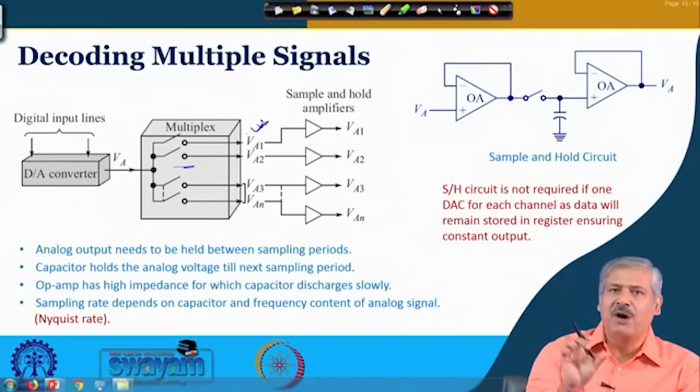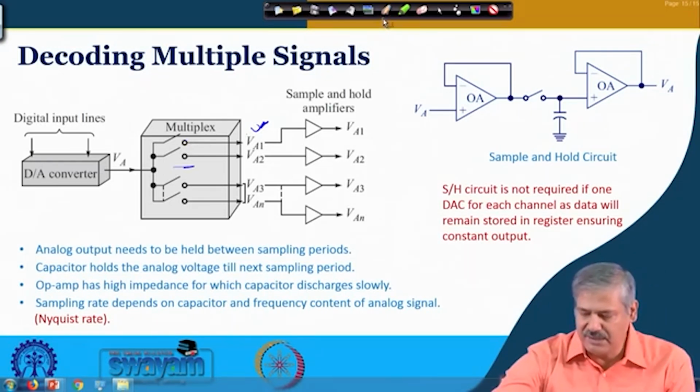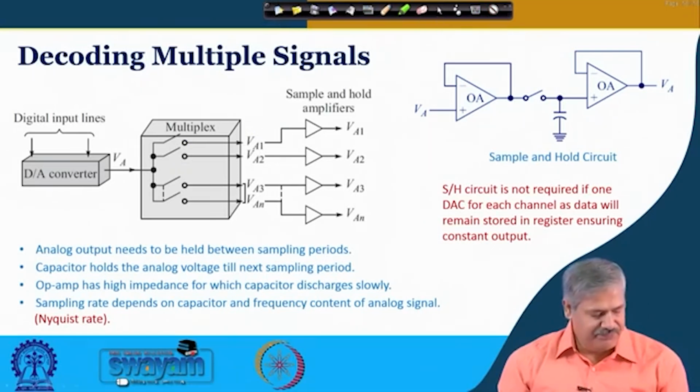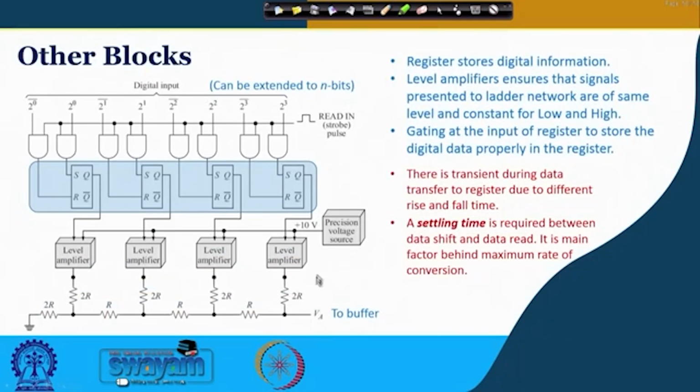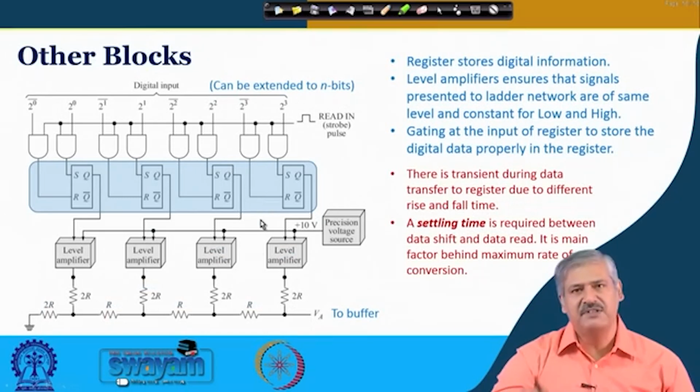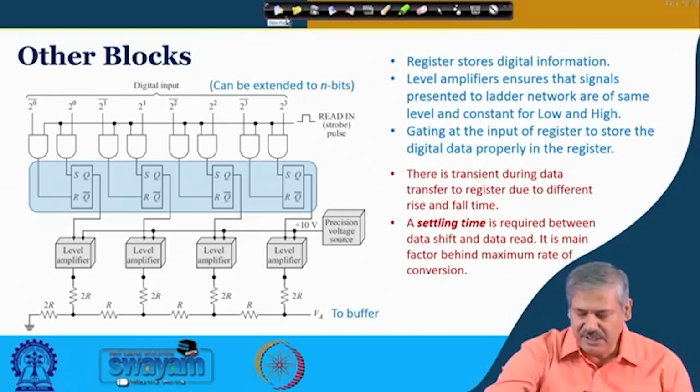Now, what happens to this signal? Earlier, if it is one dedicated DAC, this signal was held by the registered output and the buffer, this level amplifier. Am I clear? So, let me go back. This is the level amplifier which is holding it, if it is a dedicated DAC. But if it is not a dedicated DAC,